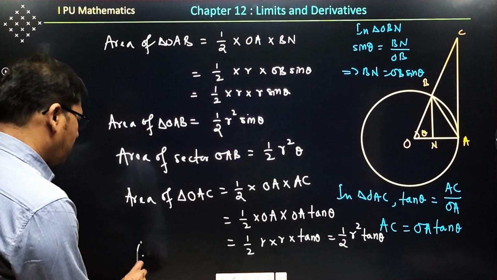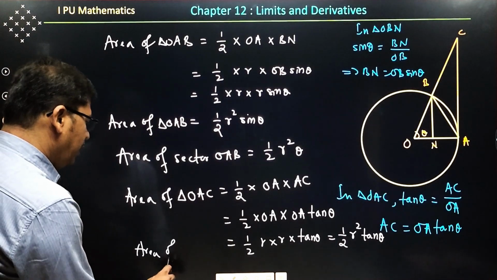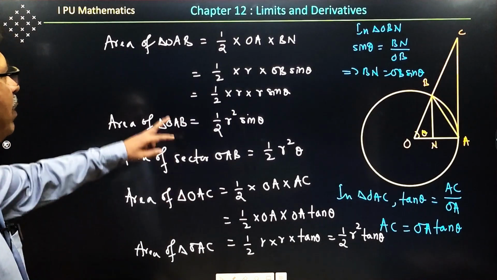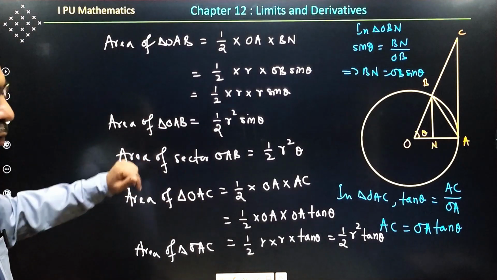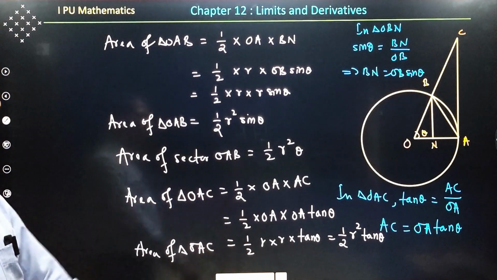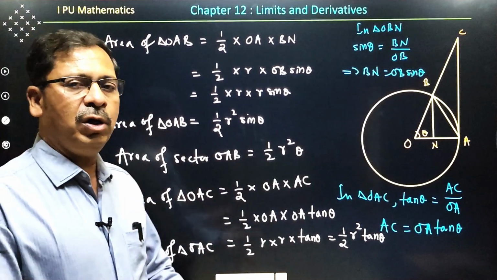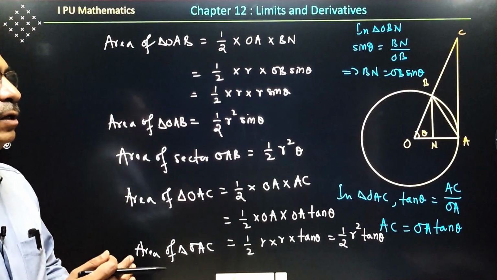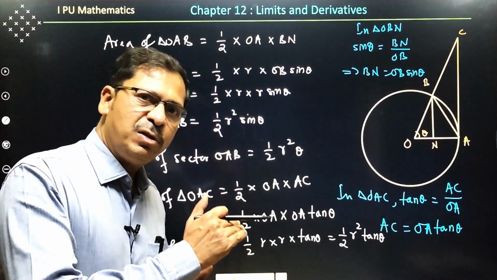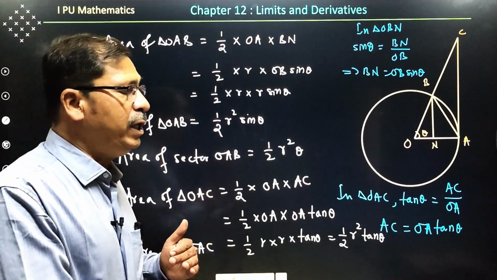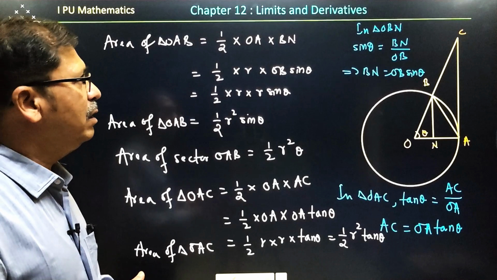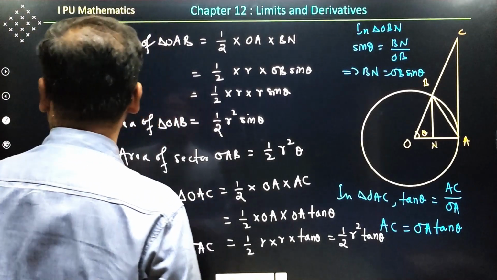See, three areas we have calculated. Please concentrate here. I have calculated the area of triangle OAB, sector OAB and triangle OAC. Three areas we have calculated. Out of all this, triangle OAB is smaller, and then sector OAB is a little bit bigger, and then OAC is still bigger here. So that's why here in the form of inequality,